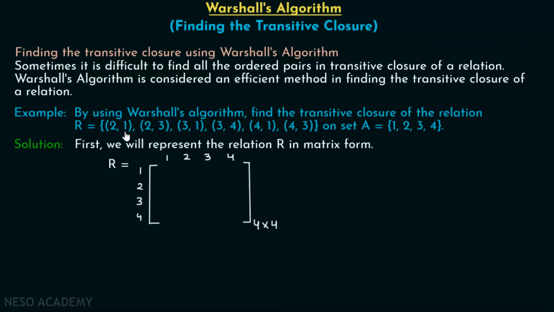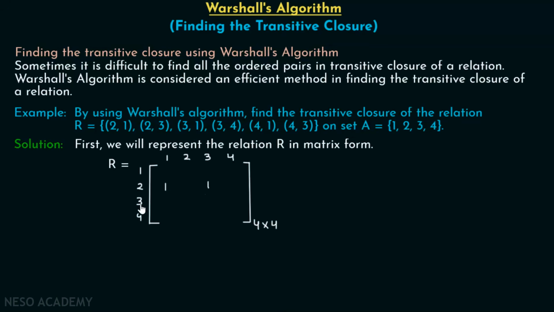In order to represent this ordered pair in this matrix, we have to place 1 in this particular position. This is 2, 1. Start reading from here and then you can read this particular element. This is 2, 1, and in this position you have to place 1 because we have to represent this ordered pair 2, 1. After this, we have to represent 2, 3. So 2, 3 is this particular position. Let me place 1 over here.